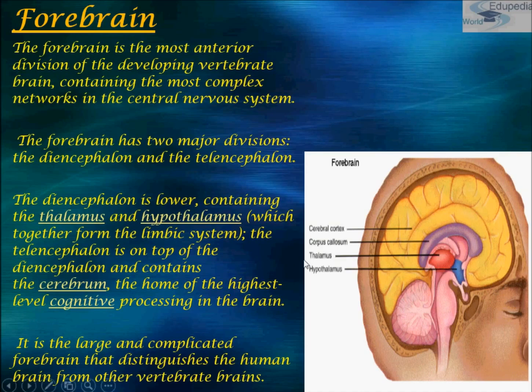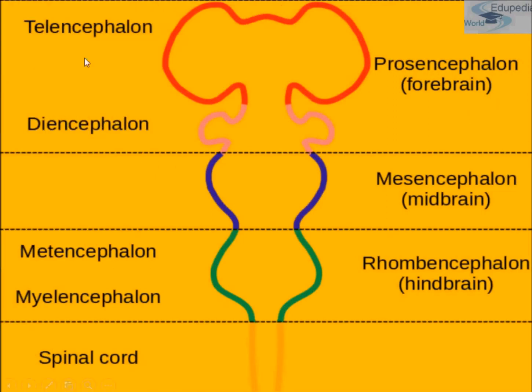And the hypothalamus and thalamus together form the limbic system. But in a few books it is written that the limbic system is made up of the amygdala and hippocampus. So don't get confused with it. Now comes the diagram of the